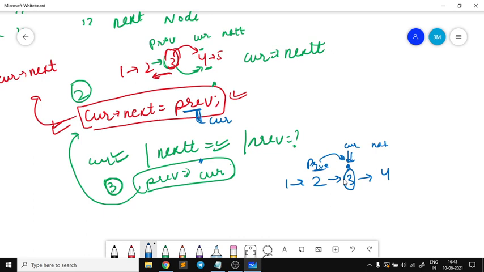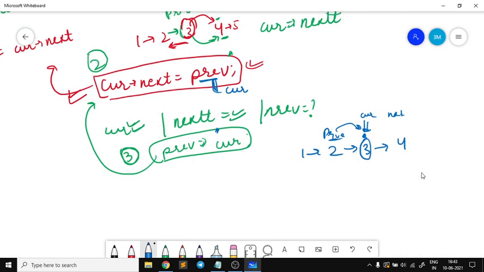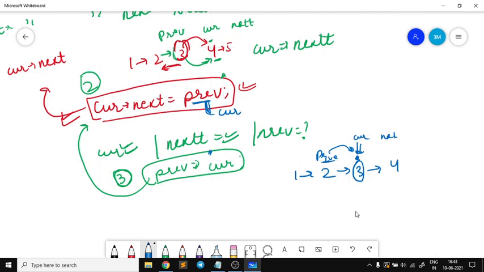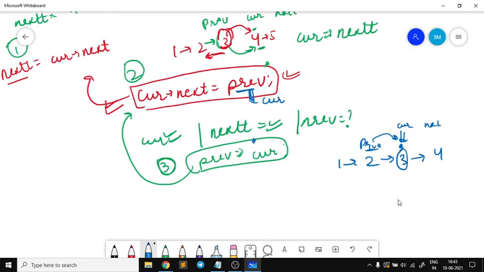So the order of these steps is very important, right? Because in linked list there are pretty much chances of having segmentation fault, right guys? So I hope the idea is clear to you. You can also try these steps by yourself, because no matter how much I try to explain it, unless and until you try to solve it by yourself, you won't understand it that well, right?